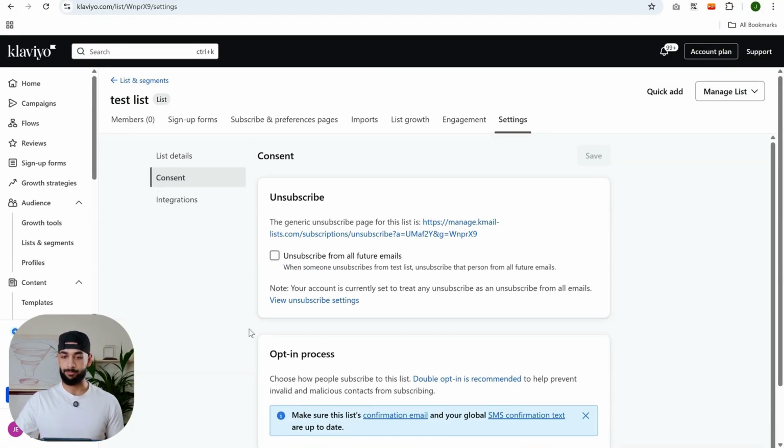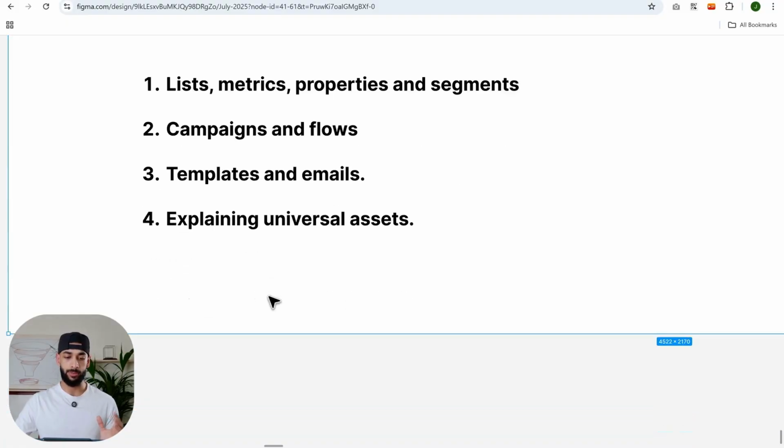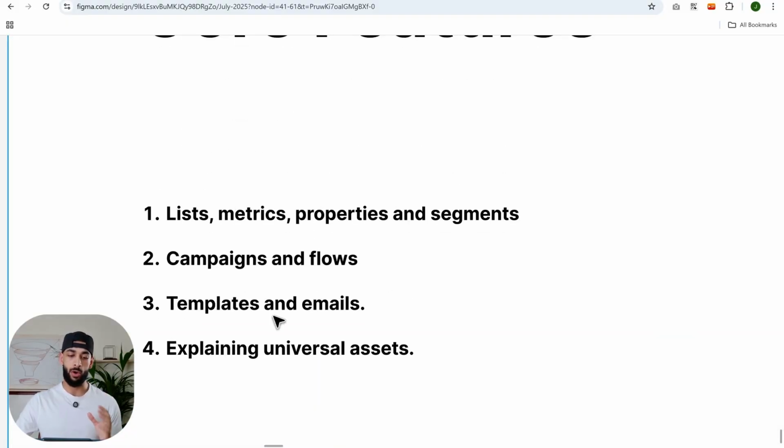And yeah, quick intro to Klaviyo, the core components, difference between campaigns and flows, explanation of templates and emails, and explanation of universal assets. I hope that was useful, and